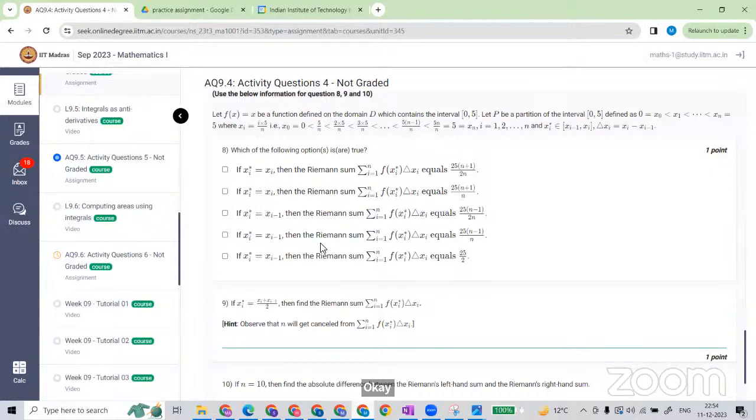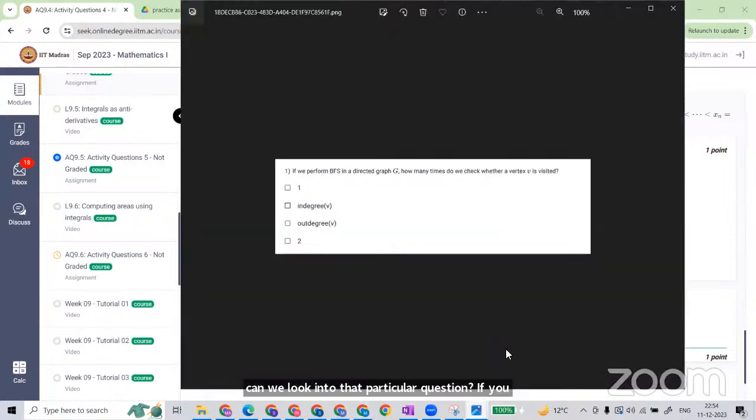Meanwhile, sir, can we look into that particular question? If we perform BFS in a directed graph, how many times do we check whether a vertex is visited? This I'm not able to understand. If we perform BFS in a directed graph, how many times do we check whether a vertex